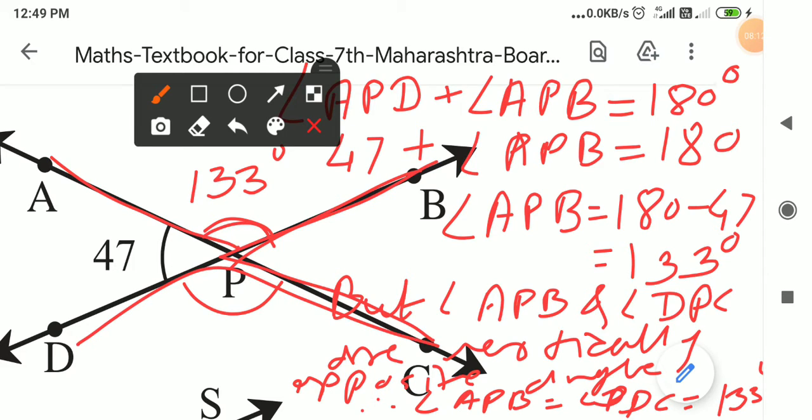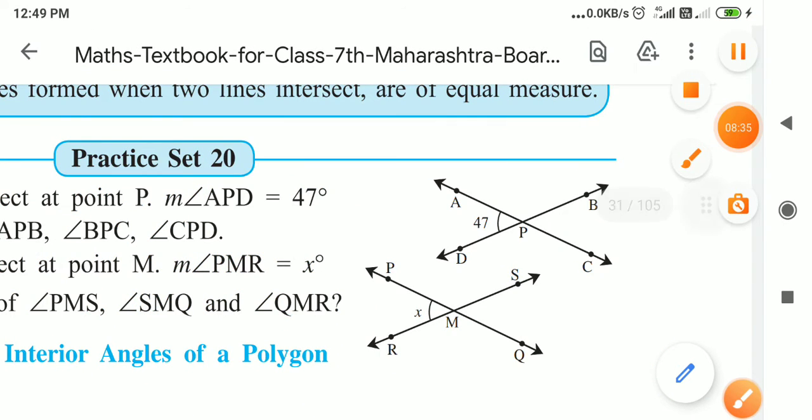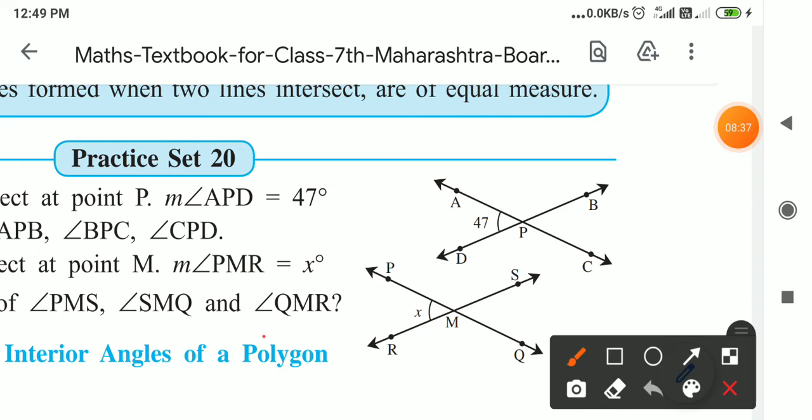In these types of questions, note down this, all of you. In this type of example, we know the answer, but we are not understanding the presentation. So for that I showed all the steps, because in geometry we get the answer, but in presentation we sometimes get confused. So all the steps you have to write properly. Then we will see the next question, that is question number 2.